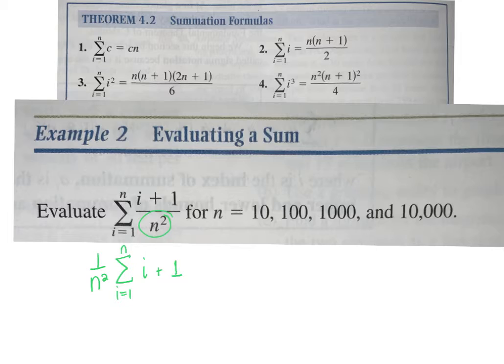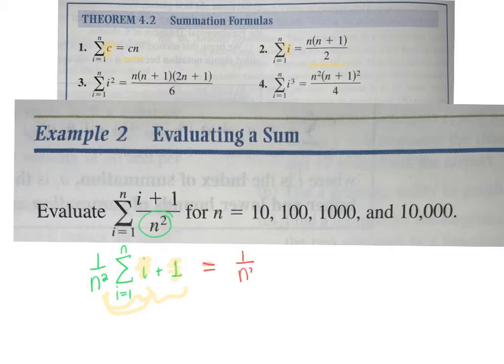All right? And now what I can do is go back to these and substitute my notation for what the actual summation is. So basically, this represents the summation of i along with the summation of 1. So the summation of i and the summation of 1. i is up here, we got that summation. And 1 is just a constant, so we have that summation. And so we're going to replace the summation of i and the summation of 1 with what we know them to be. Okay? And so when we do that, we get